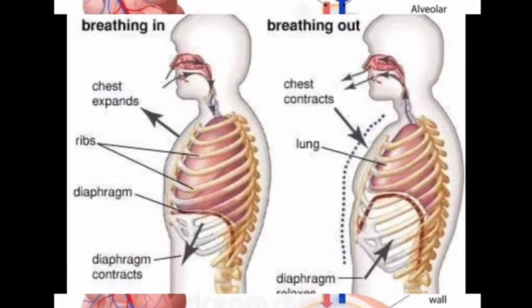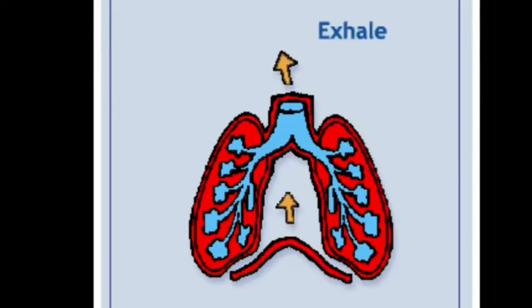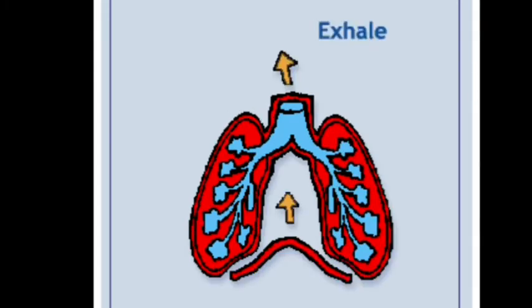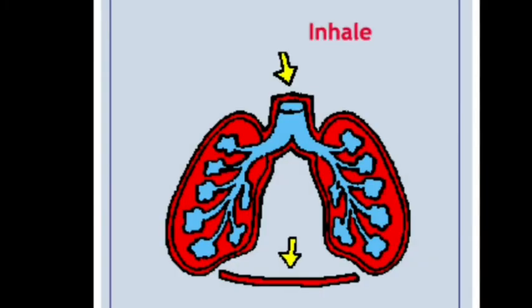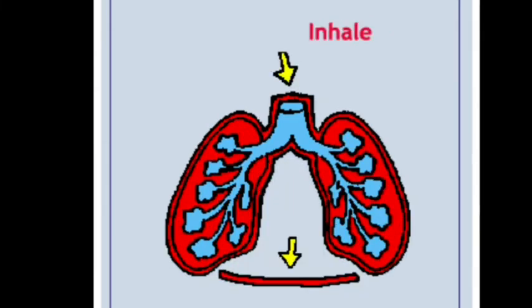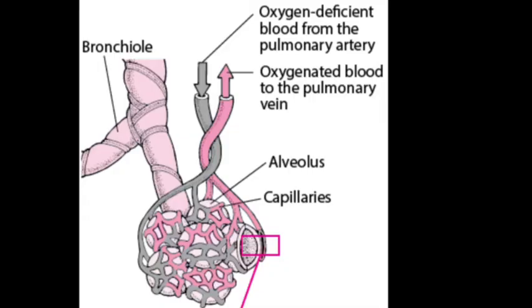When we breathe in air, the diaphragm contracts and flattens, which results in the increase in volume of chest cavity. Due to this expansion of chest cavity, the air pressure in the lungs decreases. Thus, the air from outside rushes into the lungs through nostrils, trachea, and bronchi. Therefore, air sacs of lungs get filled with air.